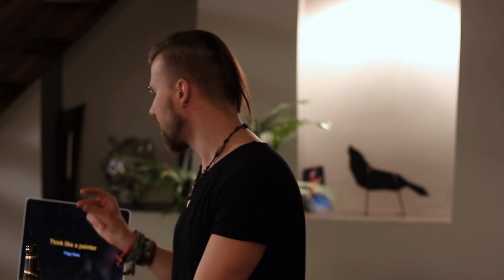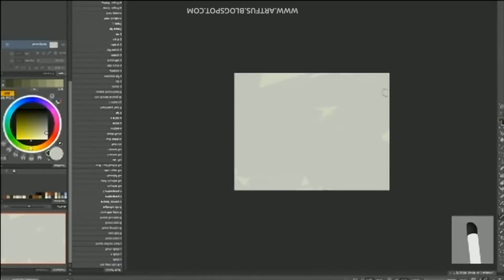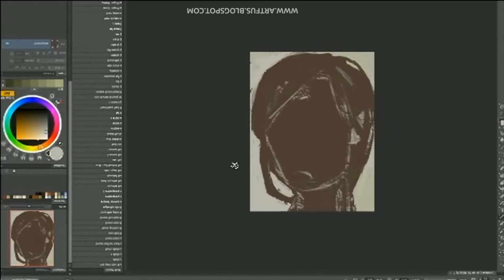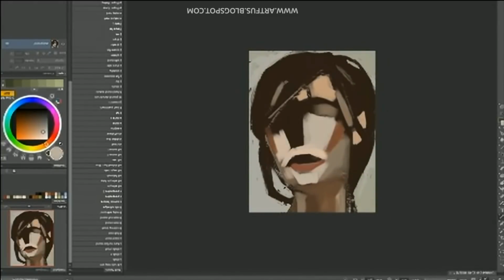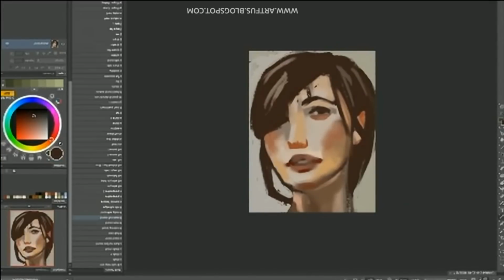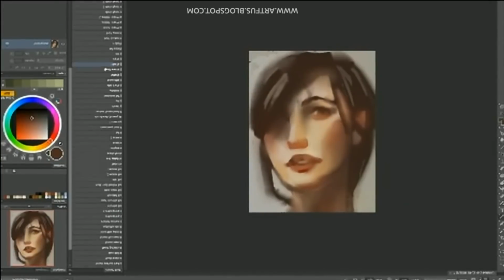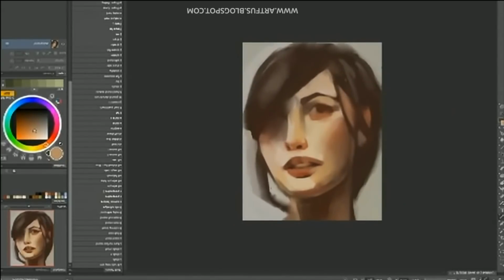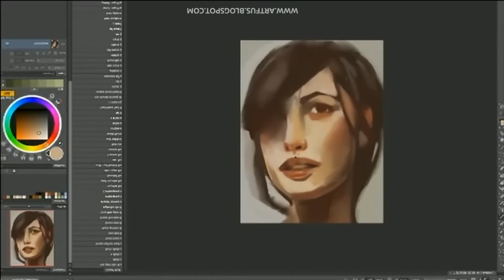So I will start by showing a video of a speed paint by an artist. This one. I think you all saw some speed paints already before, but I will add some commentary. Just pay attention in which order the artist puts paint on the picture, like which parts.